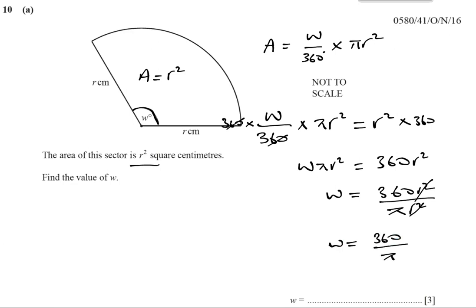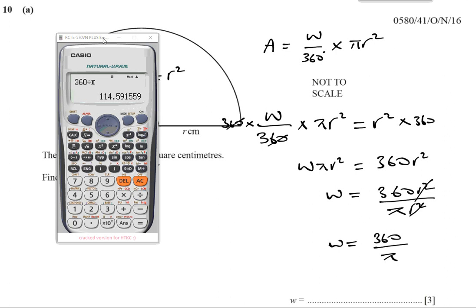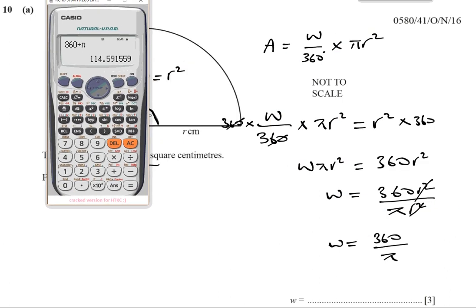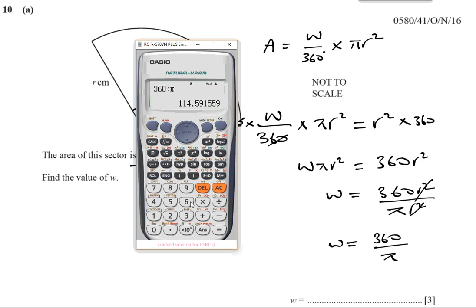Now the question did not tell us to leave the answer in terms of pi, so I guess as the instructions are to leave non-exact answers to 3 significant figures unless otherwise stated, or if it's an angle, which is the case here, to 1 decimal place. We should really write this to 1 decimal place. So we've got 360 divided by pi. 360 divided by pi gives us